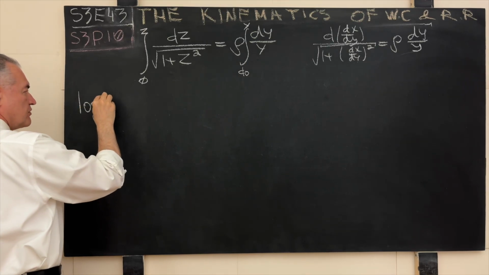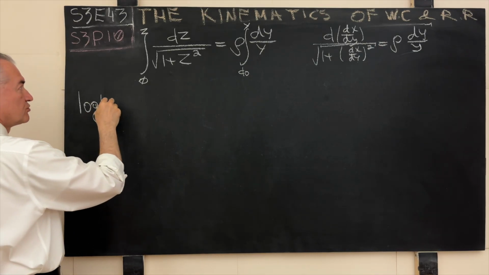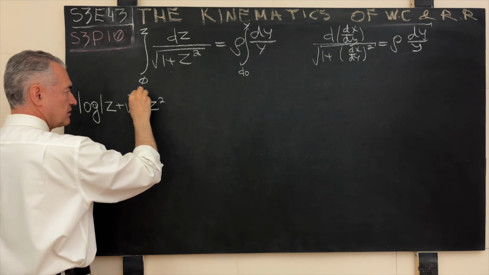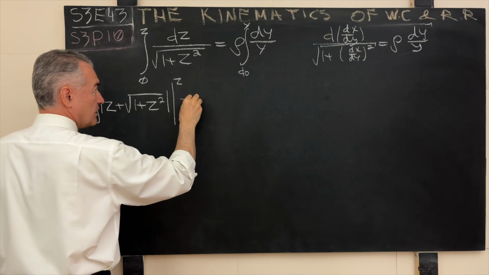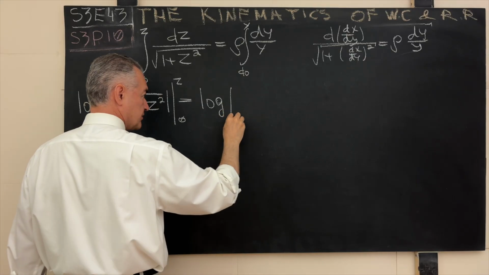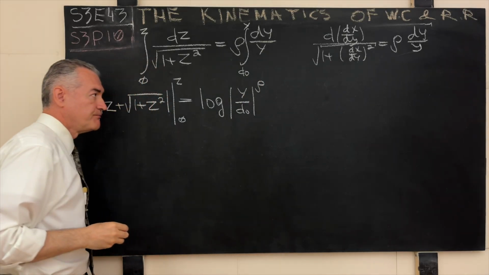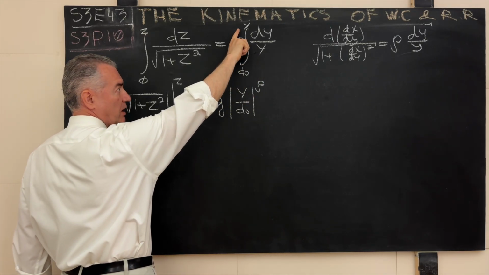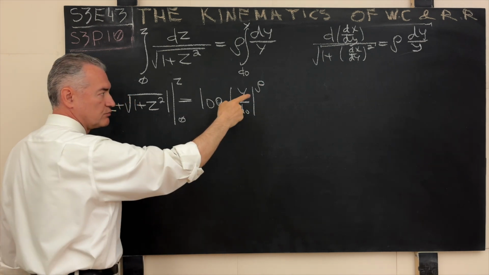The natural logarithm, again, absolute value. Pedantically, mathematicians will hound you to the end of days if you don't do this. So this is the natural log of the absolute value of z plus square root of 1 plus z squared, evaluated between 0 and z, and this guy we can write down right away. Let's do it this way. It will be the natural logarithm of the absolute value of y over d0 raised to the power of rho. That much you should be able to swing on your own. Log y minus log d0 converts into a ratio, rho in front jumps into the power, boom, you are done.